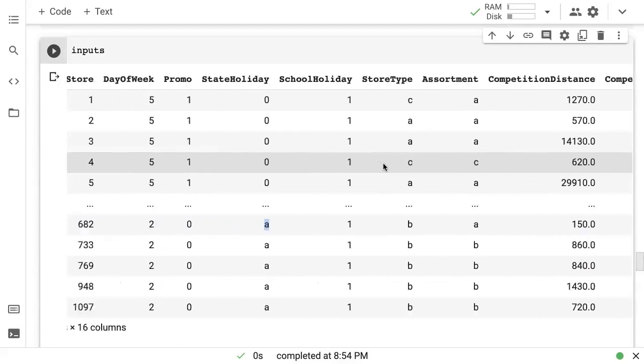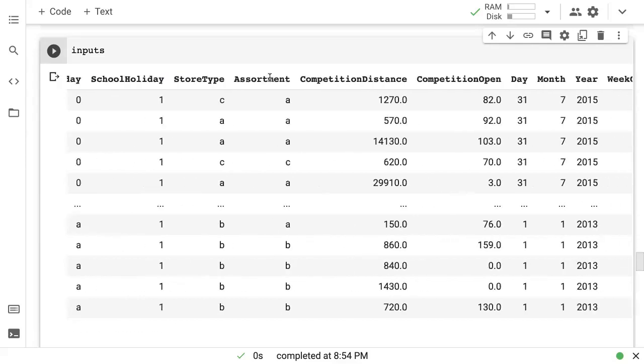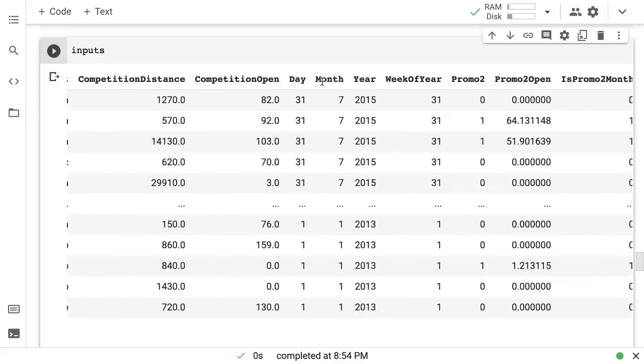And the rest of them look numeric, although one could argue that maybe we should treat day of week as categorical because sales generally are not linearly correlated with the day of the week, like Monday to Sunday, there isn't a linear increase. So we should probably treat them as categorical. One could argue the same for day, month, and year as well. But yeah, this is where you will have to choose which of these do you want to treat numerically and which of these do you want to treat categorically.